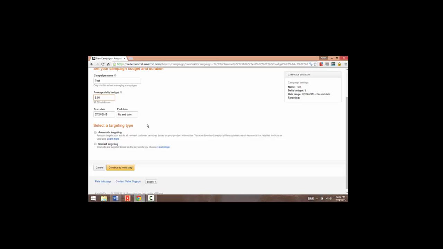But it's really not that effective because they don't really know your products. It's just a computerized system doing that, and it's probably not going to be real effective. So we're going to do manual targeting, and if you do automatic targeting, there's not a lot you have to do. So we'll go to the next step here,